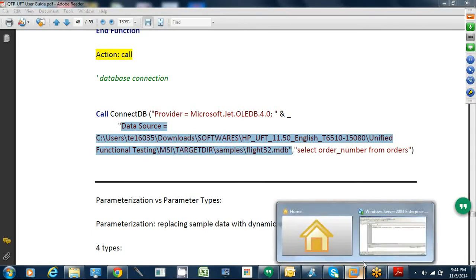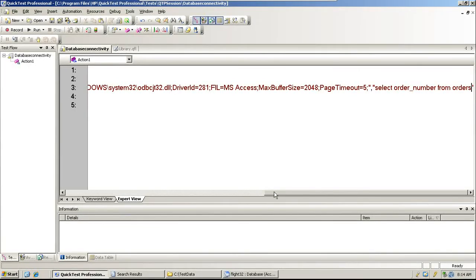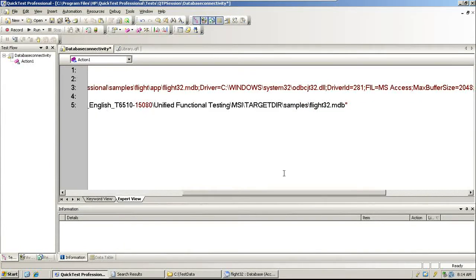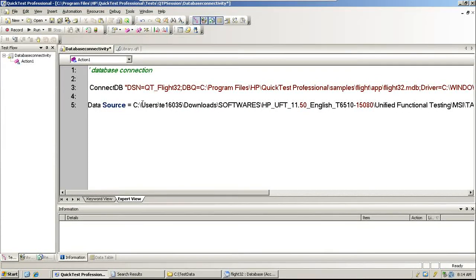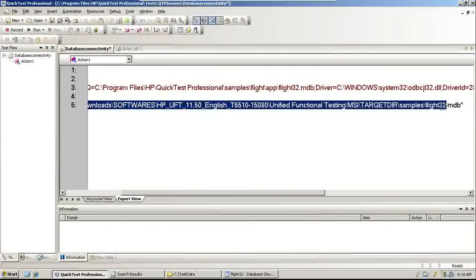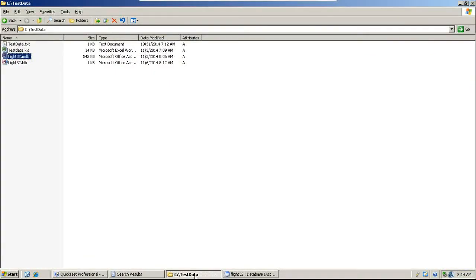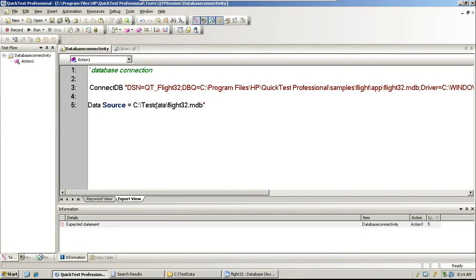Okay, I'll paste it here and change the whole thing to C:\testdata. So your database must sit in this particular path: C:\testdata\flight32.mdb, flight32, D capital again.